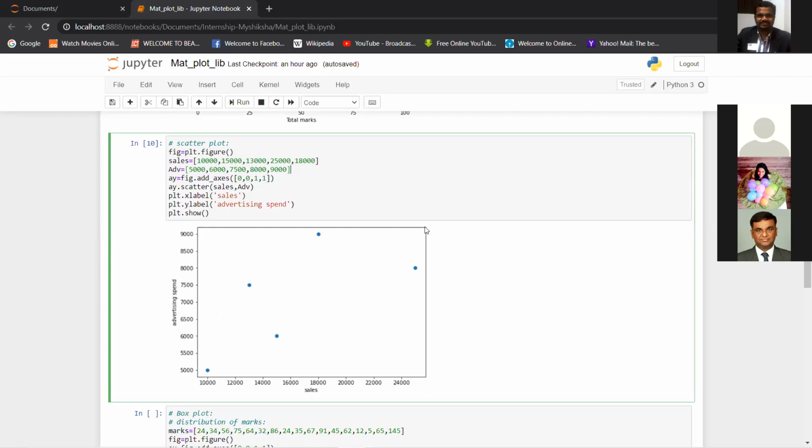Either that or 0.8 is also said to be a good correlation value, right? So this is how you can visualize correlation using a scatter plot. This is a very important component when we go for linear regression as well. So if there are any doubts, you should ask here, because this is an important concept. If you understand this well, linear regression can be a very smooth concept for you. So are there any doubts here?